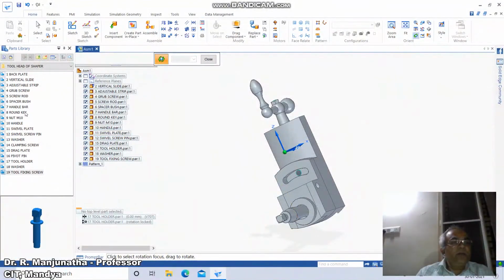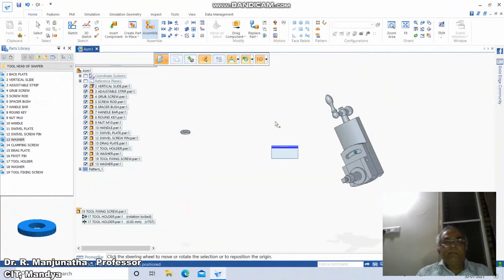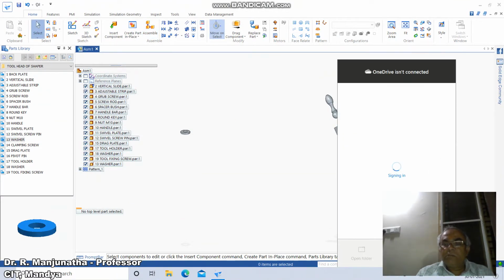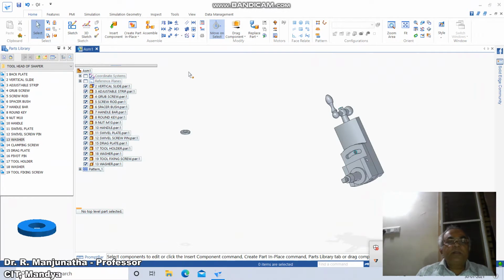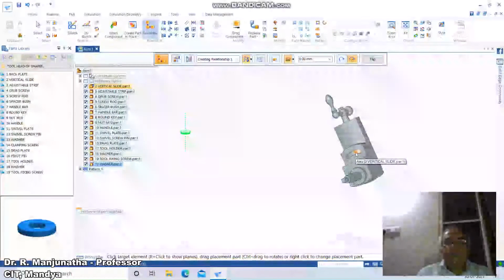So to do that, you have one more washer, which is part number 13. You just double click on this, go to assemble, then lock the rotation, click on this axis with reference to this axis.